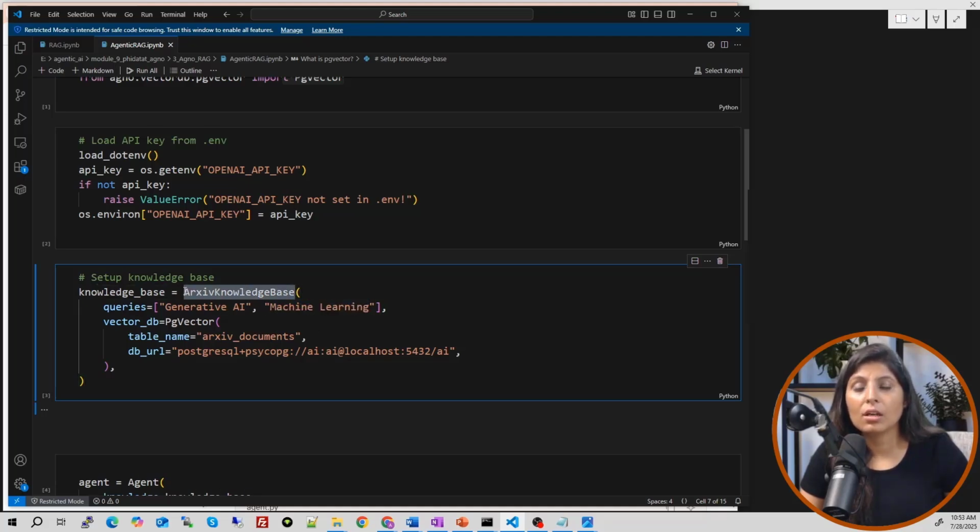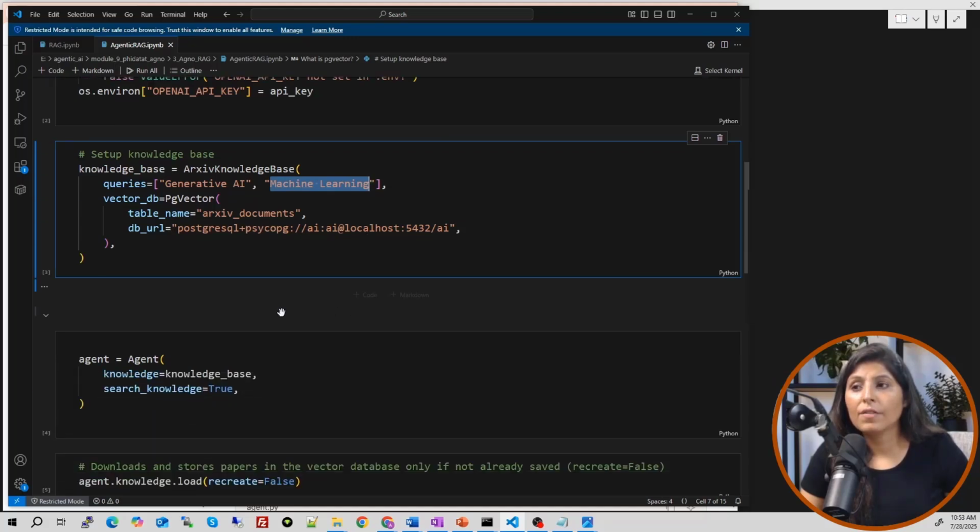Using this, those topics will be searched, and then in our AI database folder, this port number should be correct. So in our case, it is 4532. The username and password are AI, which we have created. And in this database, we want the table with this name where we want to store all the fetched data from archive related to these two topics, okay?